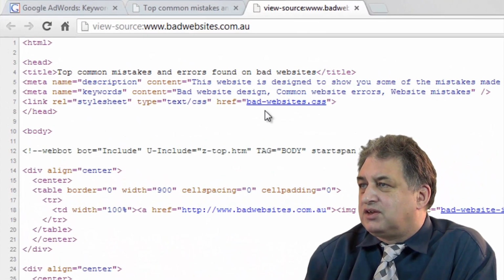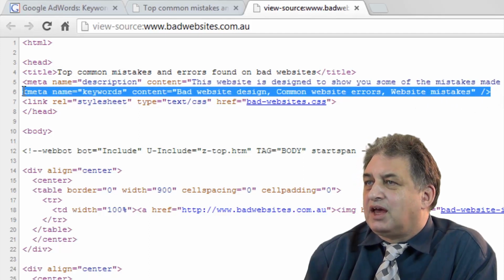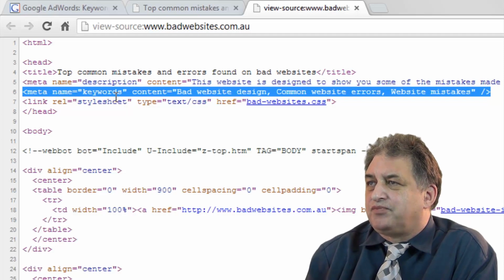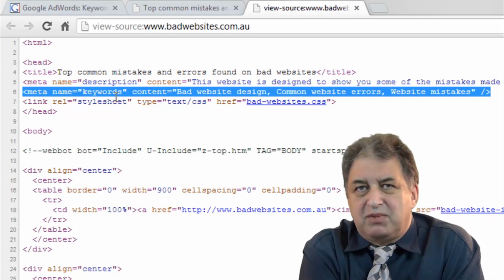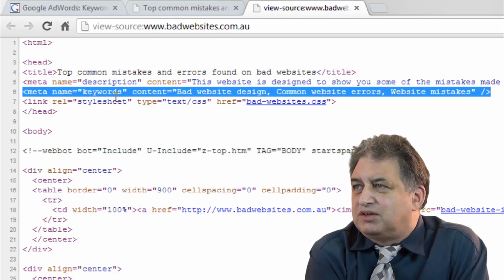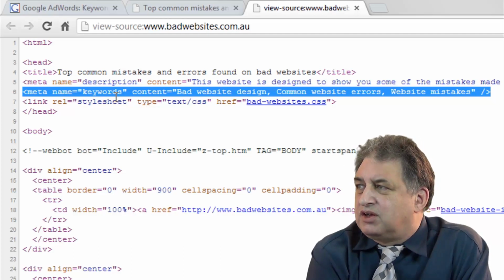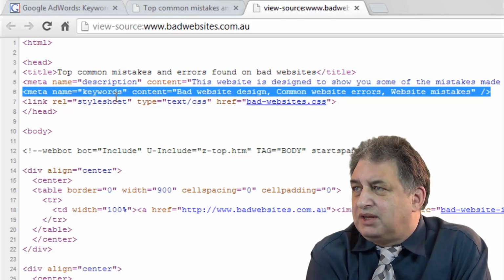So as you can see, there is this section at the top. Not all websites have this, but a lot of them will, and it's what's called the keyword meta tags. Now it's important when we're talking about keywords, there are two types of keywords. There's meta keyword tags, which are illustrated here. Now it's important to realize that these meta keyword tags were important for SEO maybe 5 years, certainly 10 years ago. But these days, Google completely ignores this.